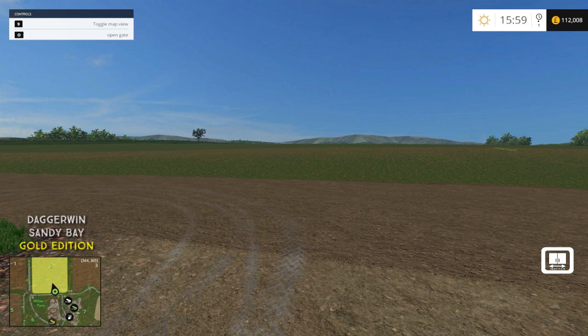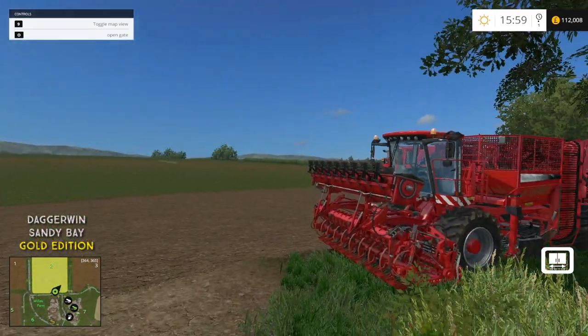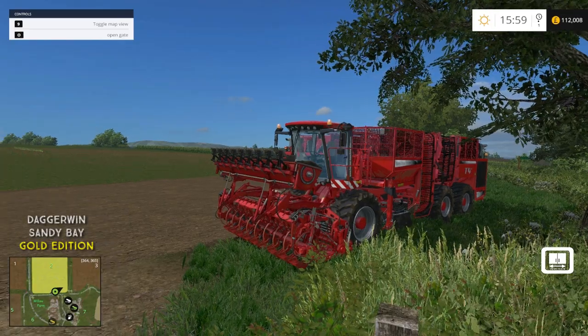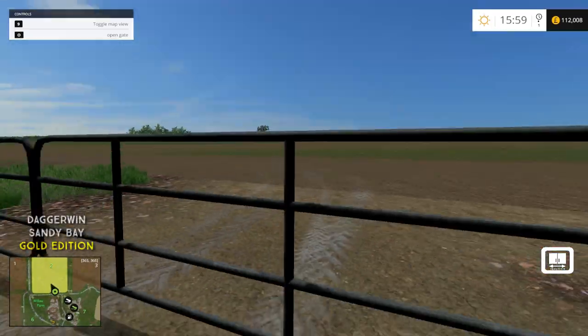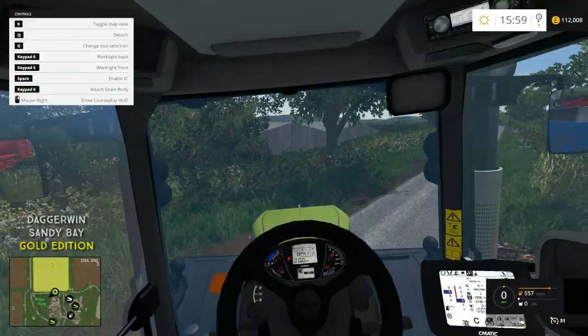Hello everybody and welcome back to Sandy Bay. Our sugar beet harvest is now complete. Our harvesters are parked here, ready to go back to the dealership. And we've now got the class tractor out of the field, shut the gate, and it's ready to go back